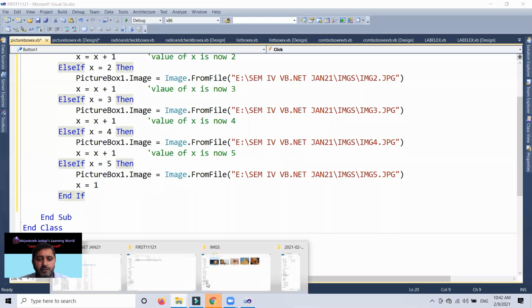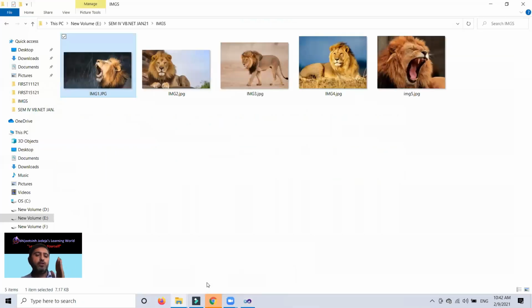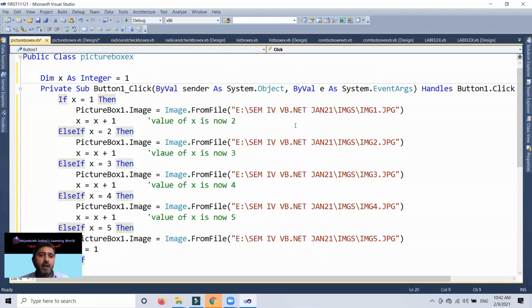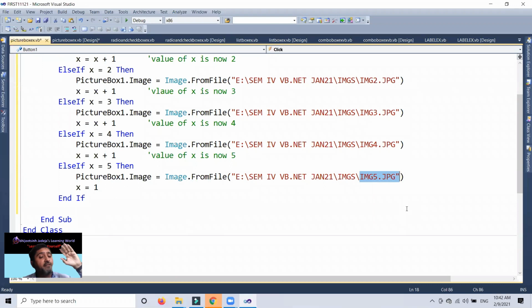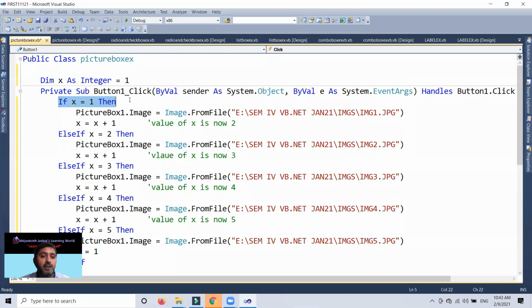end. You see that img 1, 2, 3, 4 and 5, all images are there. I run the program. When I run the program, you know that the initial level x value is 1. So when I click the first time, image 1 will load. When I click the second time, image 2 will load. When I click the third time, image 3 will load. And when I click the fourth time, img4 will load. And when I click the fifth time, img5 will load. And when I click the sixth time, x is again 1. So the flow will come to here, and again image 1 will load, and it will work like a